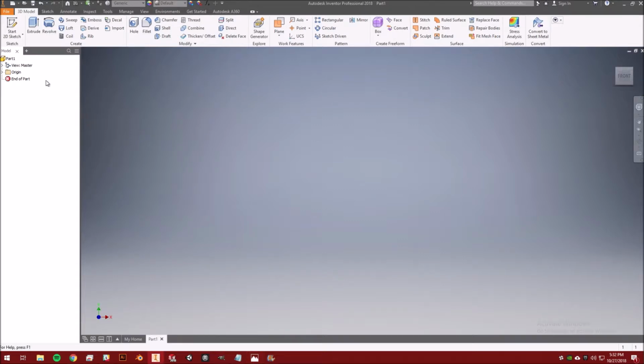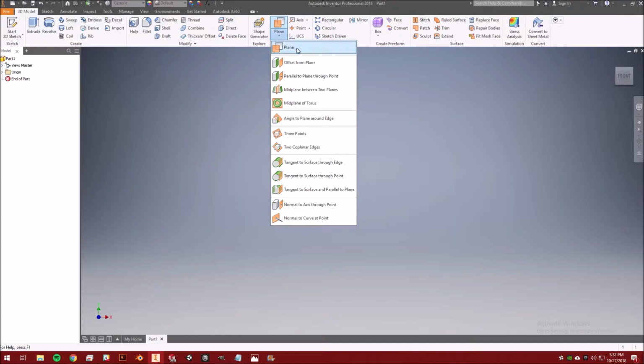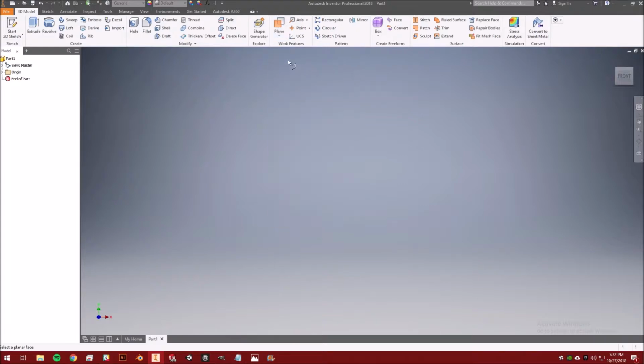So for that we're going to go ahead and go under 3D model, plane, and we're going to say offset from plane. And the plane that it's offset from is going to be the XY plane. So go ahead and click on this, and it's going to bring up this menu here. You're going to input 1 inch, done,